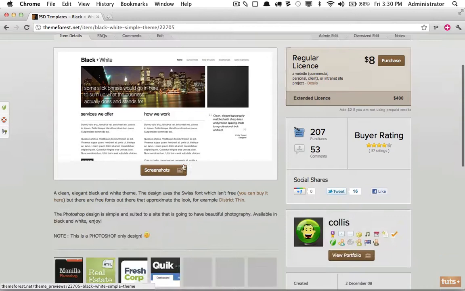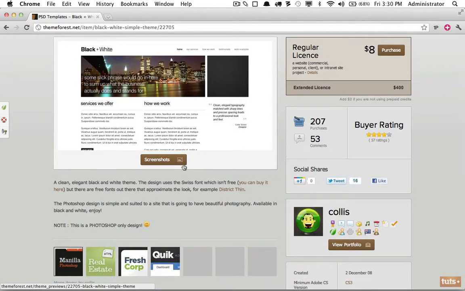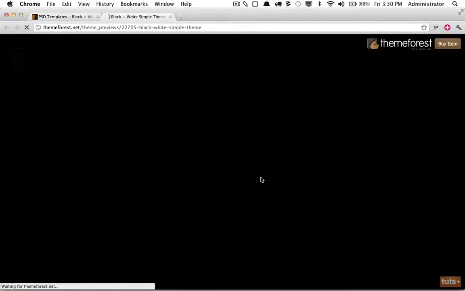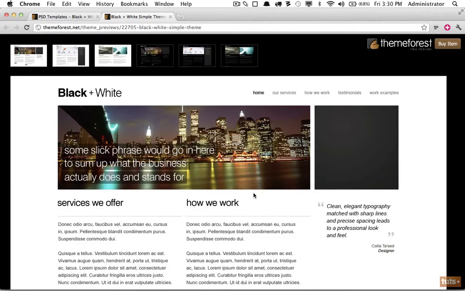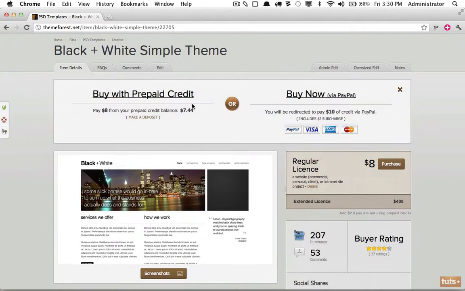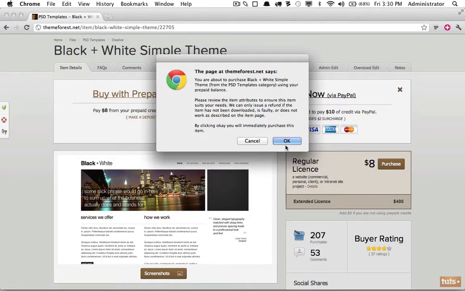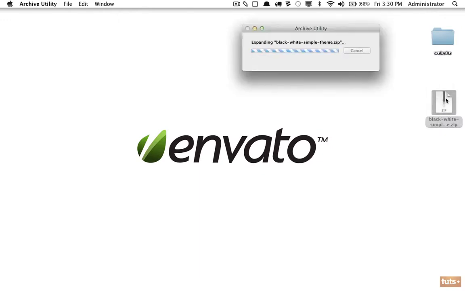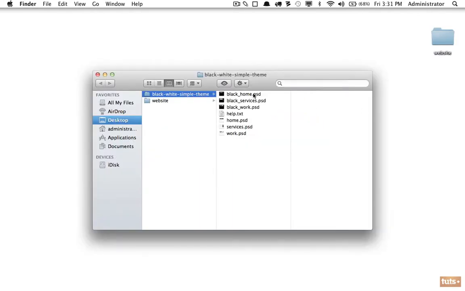So this one was created by Khalis Taid. Coincidentally, he is the CEO of Envato. So if we want to take a look at what we're getting, you see it's very simple. It looks like it's grid-based, but it's nice and clean and perfect for what we need. So I will now purchase this, and I'm going to use my prepaid credit because I already have an account with ThemeForest. Next, I'm going to open up the zip file that I received,